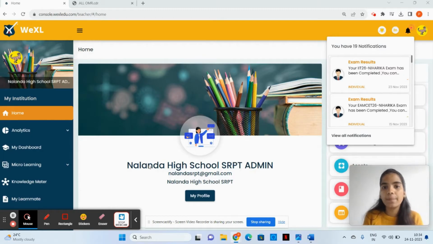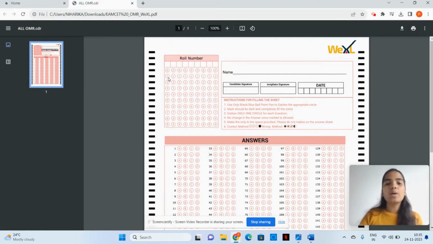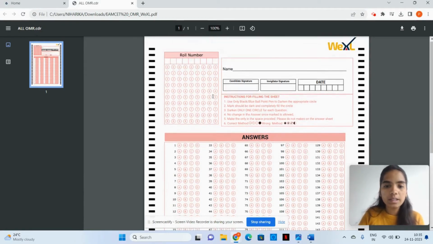This program mainly focuses on zero mobile or digital use for the students and zero or negligible effort by the teacher. The teacher will be creating her own question paper from the existing question bank, and later this question paper will be distributed to the students along with the OMR sheet. The OMR sheet works in both color and black and white.